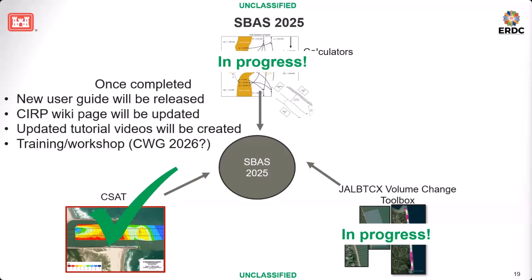Once we get those other two, we will then be able to release our user guide. For those who have used SBAS before, it's not going to be that much of a change. We'll probably have a little bit of, hey, if you're new, or if you're an existing user, here are your little cliff notes, make it quick and easy. The CIRP wiki page, which is the living version of our user guide, will be updated. Our tutorial videos hosted on the CIRP webpage will be updated, and we would like to do an open training workshop for our district users,